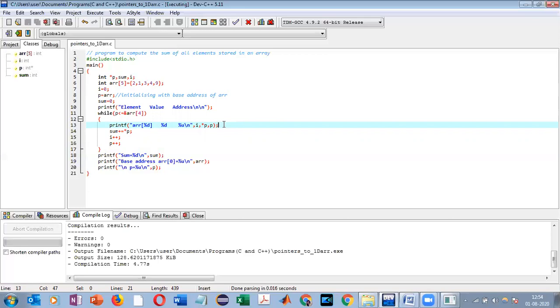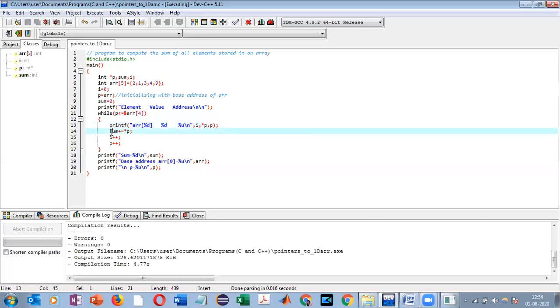So what is the value stored at 5002? In the first iteration, it is going to return 2. And next, we are simply printing the address of that particular element, the address where that particular element is stored.